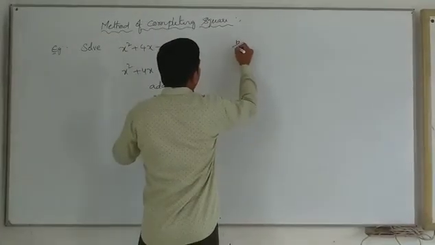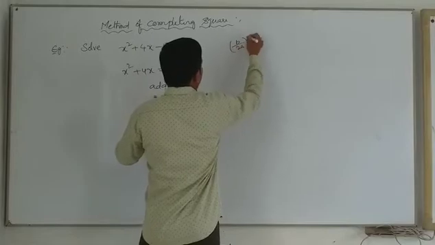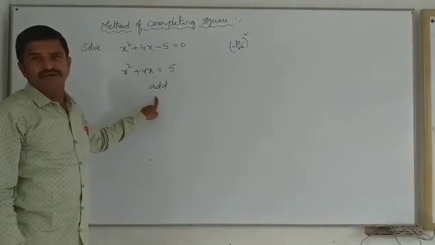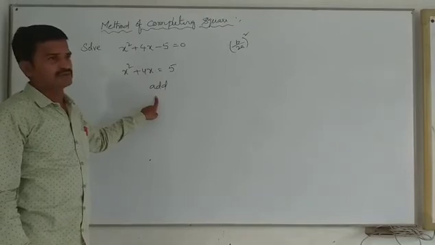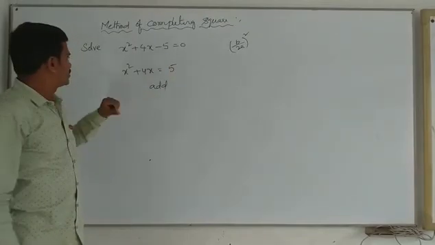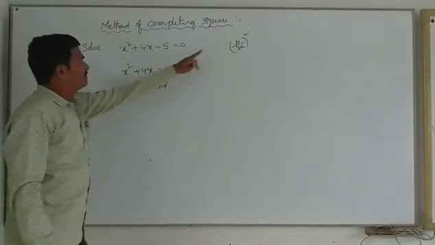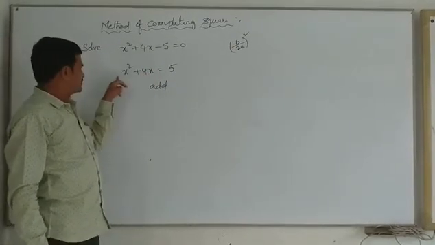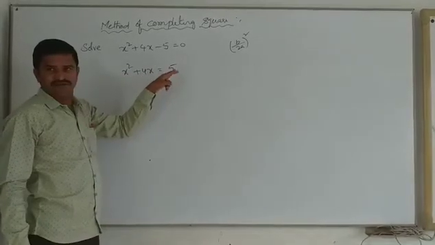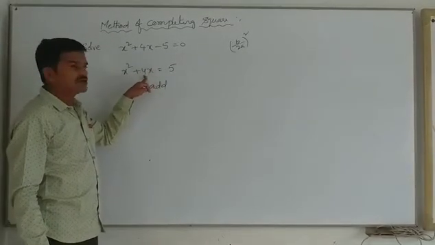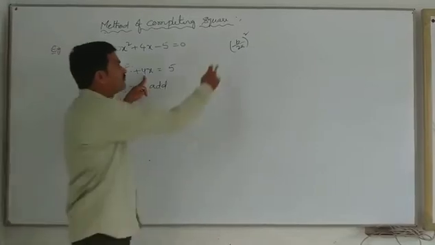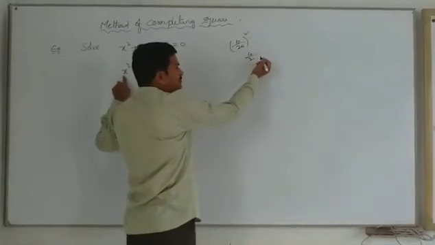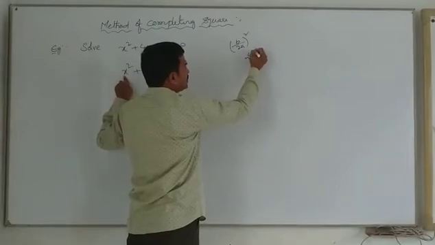Third step is add b by 2a whole square term. Generally b by 2. So here, what is b? B means the coefficient of x. It is in the form of ax square plus bx plus c only. So the coefficient of x is how much here? 4. 4 by 2, a is 1 only, so no problem.